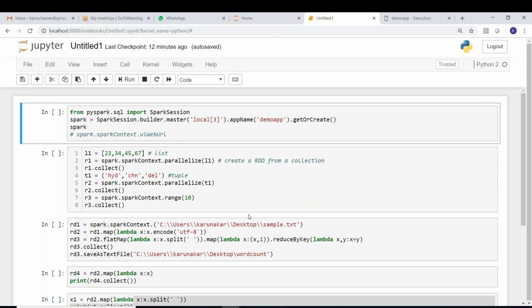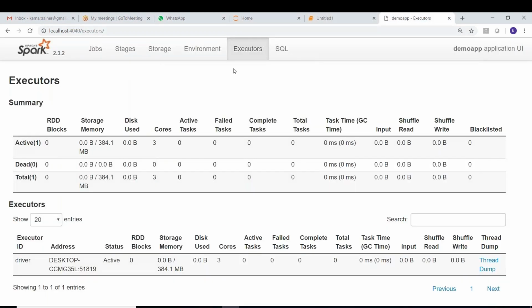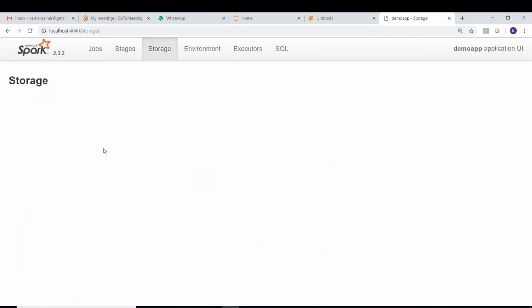I'll show that, don't worry. In the web UI, here we have a tab called storage. All the data that got persisted will be shown in the storage tab. We did not persist everything; the data is getting cached here. So when we say cache, the data will not be available in storage. When we persist it, whatever we have persisted will be available under the storage tab. We'll see what the modes are, what the replications are, and the different concepts. We will discuss each and everything about persistence.